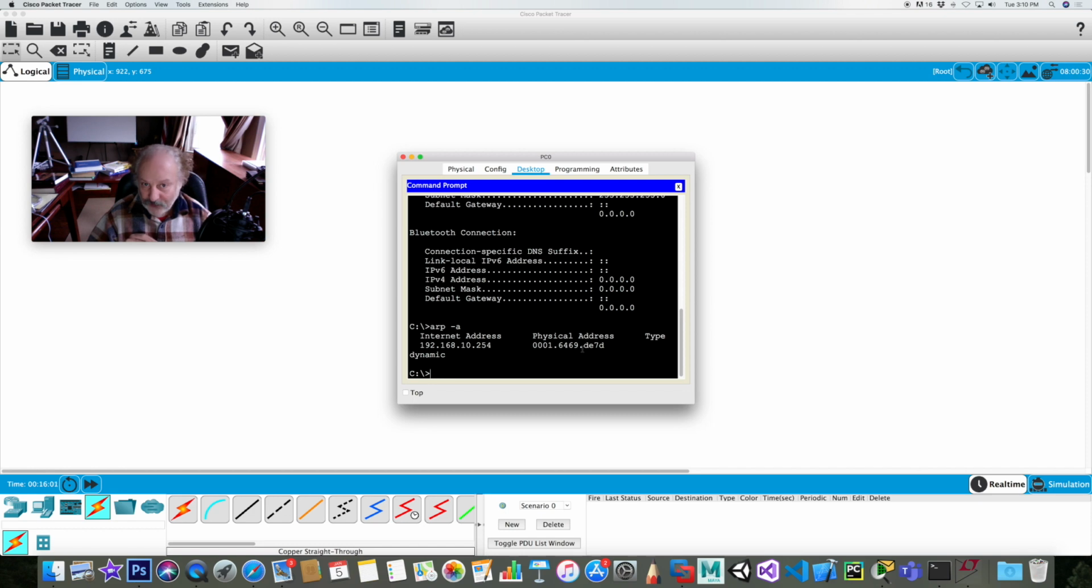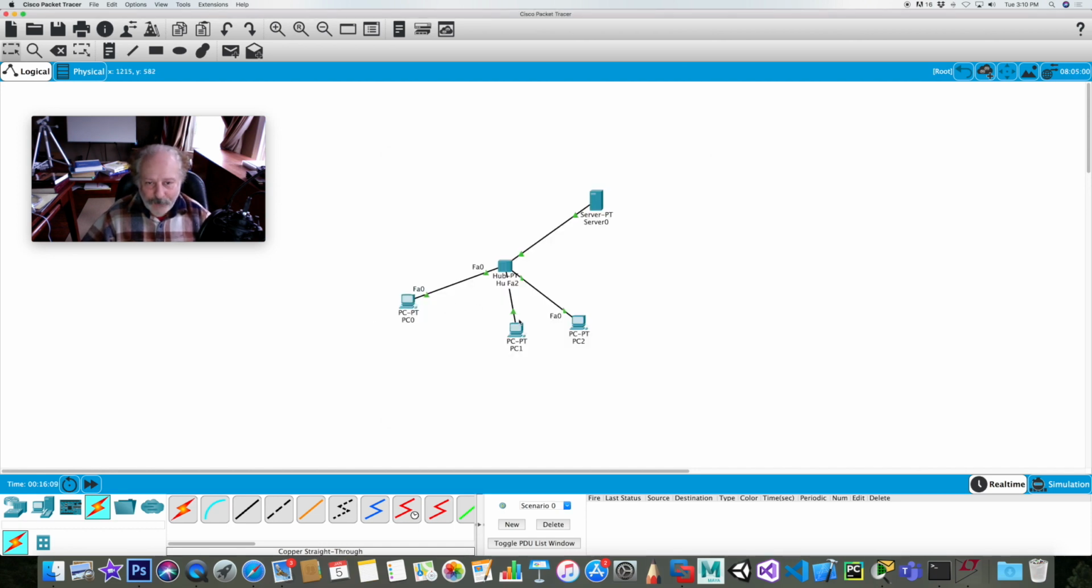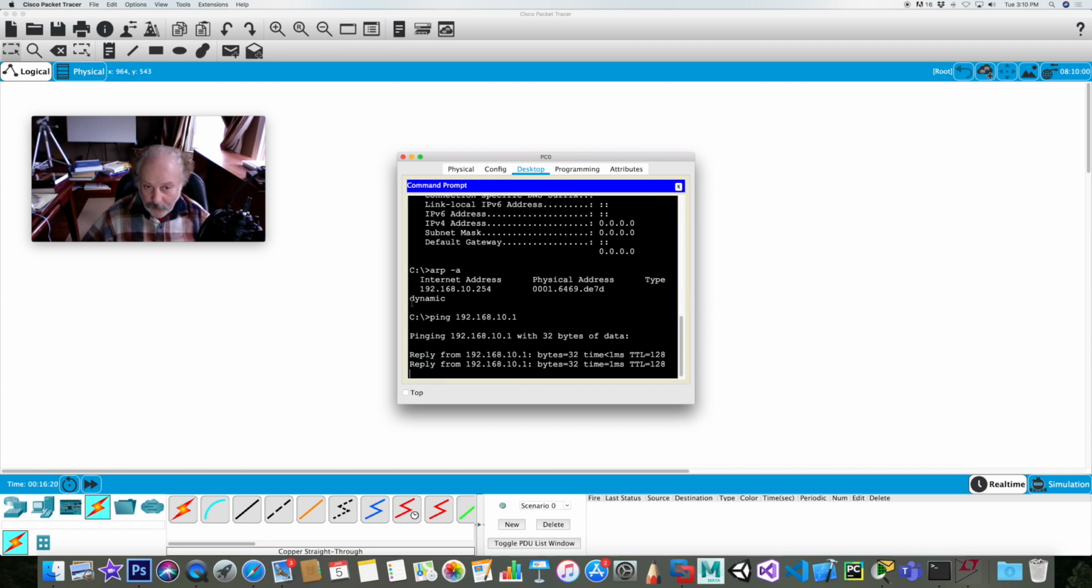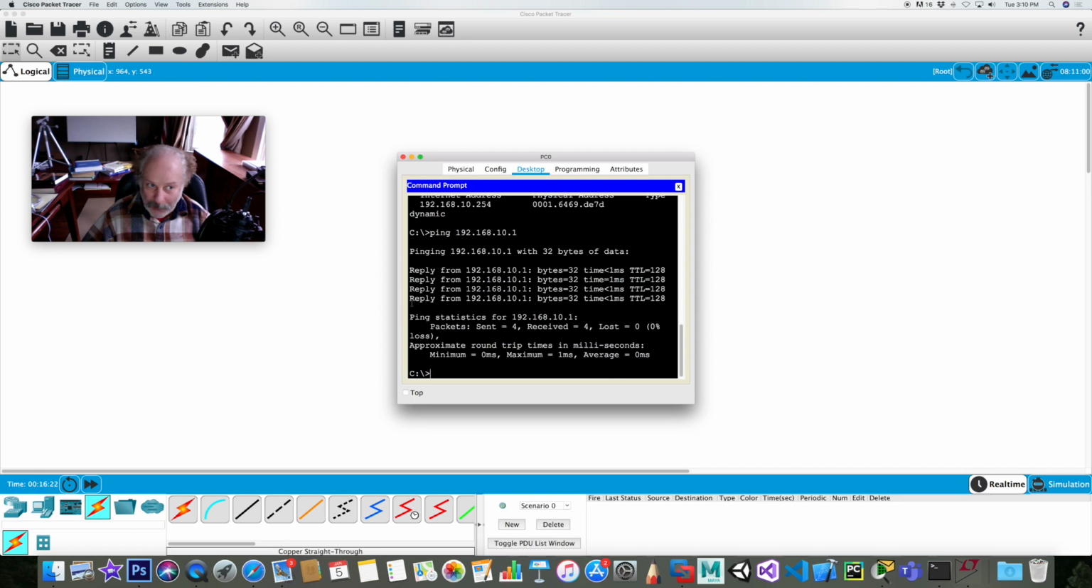Okay, well that leaves the gate open for man-in-the-middle attacks. That's another topic, okay? All right, so now that we've seen that this can ping that one, now let's say it pings the server. So let's go ahead and ping the server, 192.168.10.1. And to prove the point, let's go ahead and do an ARP -a and see if it updated its ARP